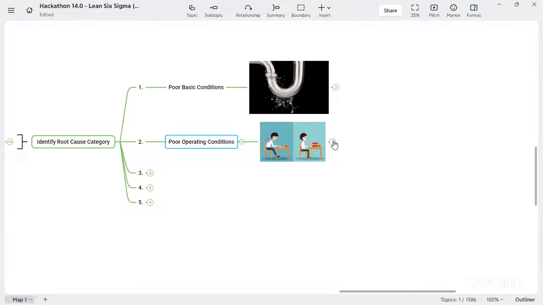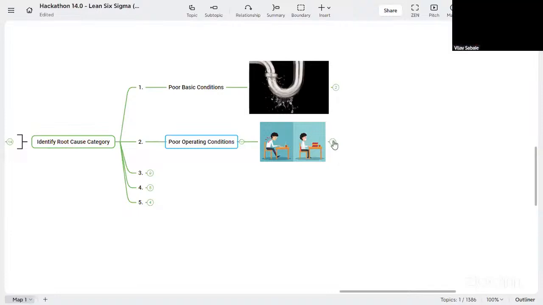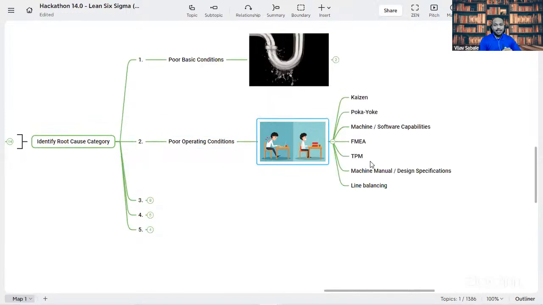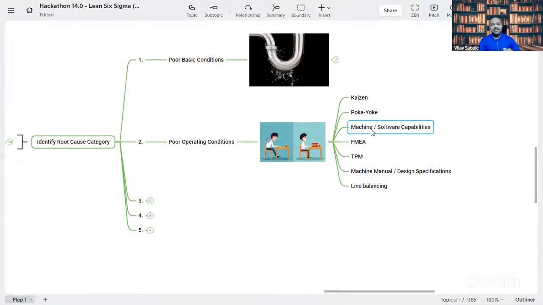So creating guidelines, TPM will play a key role. Absolutely, TPM will again play a role. Because we are going to standardize the things, right? We must know what the machine and software capabilities are. Let's say they are using machine A, which has a threshold of 10 psi. We should not go beyond that, right? So there must be some display or some interlock or some poka-yoke.